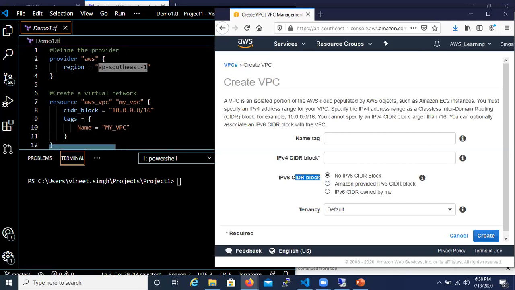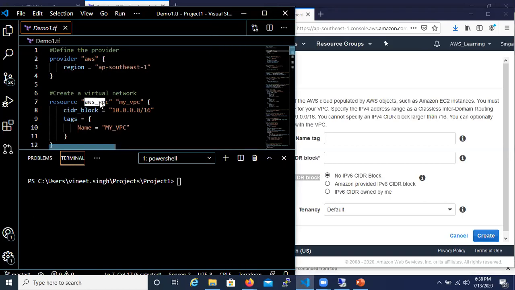So in the same way, if I need to do it from Terraform, I'm just going to use a resource, and this is my aws_vpc. The type will always start with aws and an underscore followed by the component that you are trying to deploy. In most cases, this will be exactly the same. And then this is the name which you define within Terraform to maintain the details of that specific block.